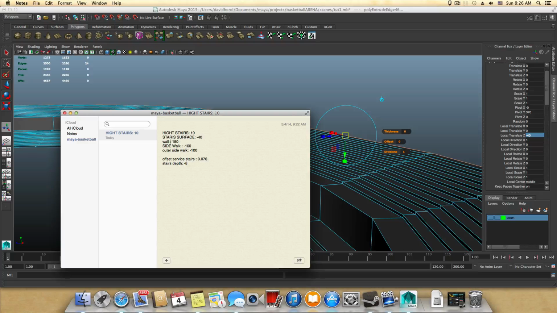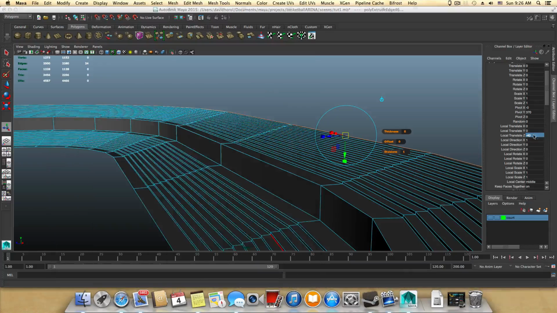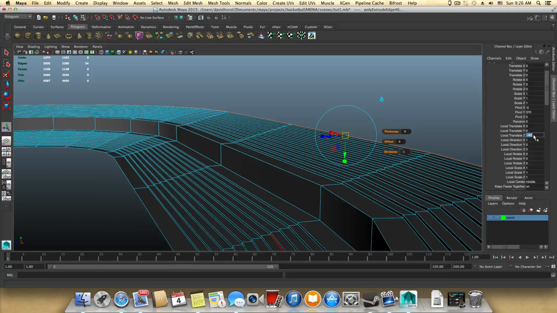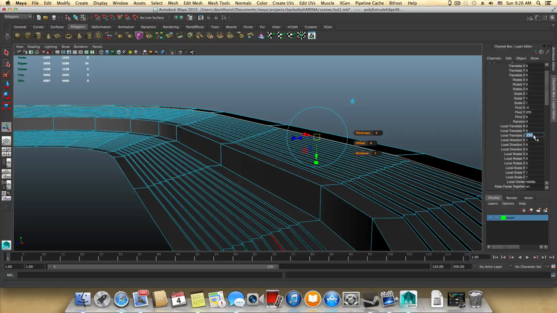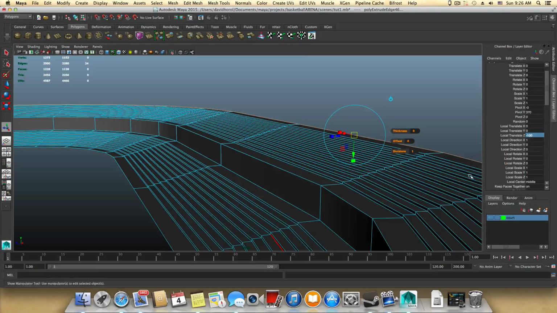So you can change it, but oops, see, that was a mistake. So I need to bring it back to negative. Oh, maybe I will do this 100. Okay,